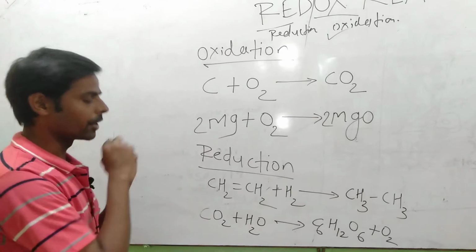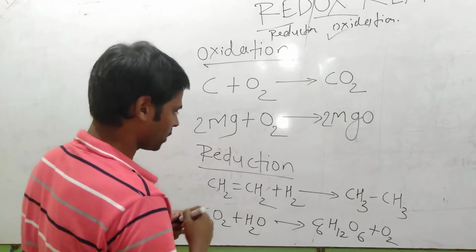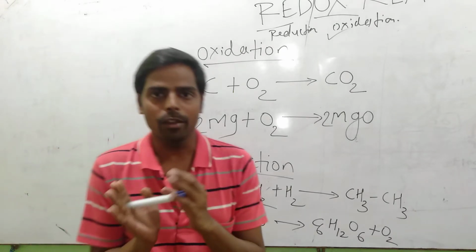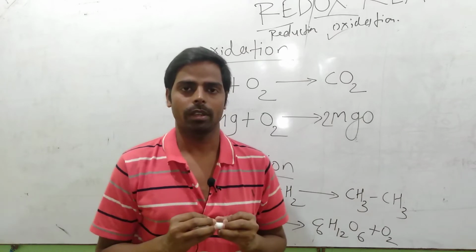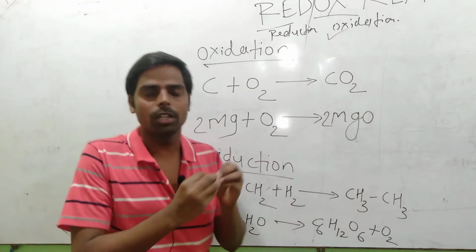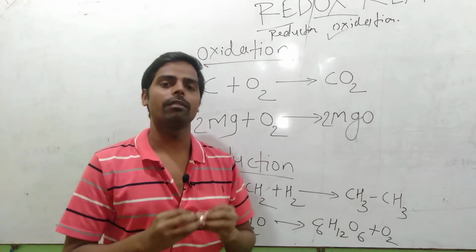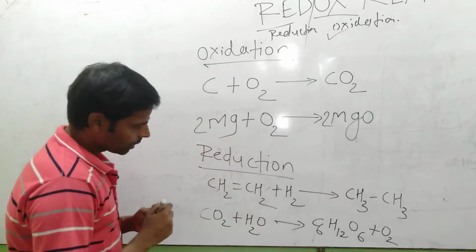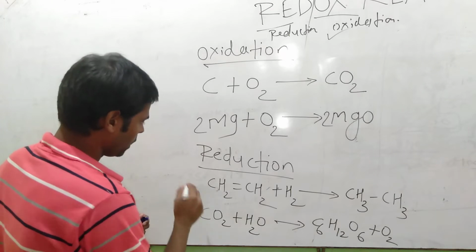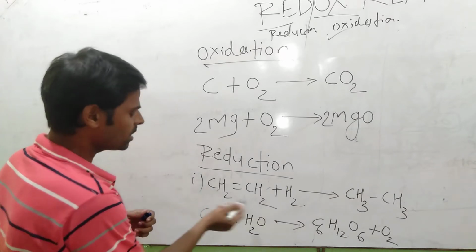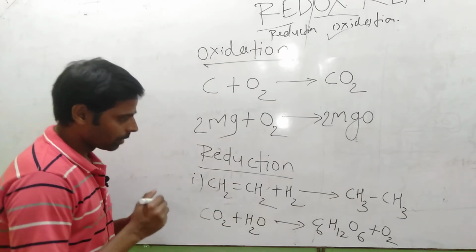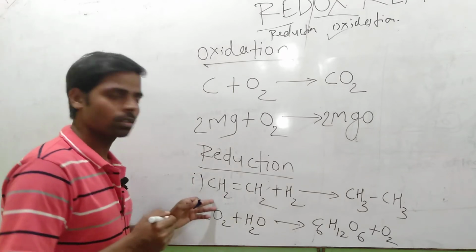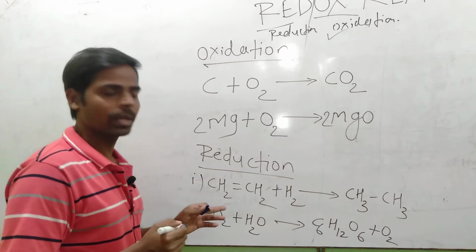What do you mean by reduction? Reduction is nothing but adding of hydrogen. Like adding of oxygen is called oxidation, in the same way adding of hydrogen is reduction. For example, here there are 2 carbons with a double bond between them. This is ethene. When